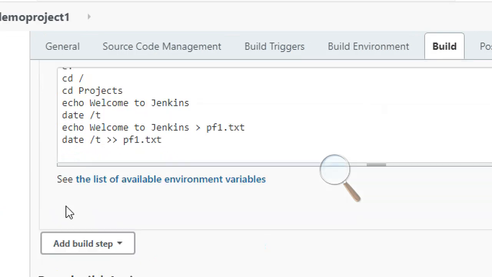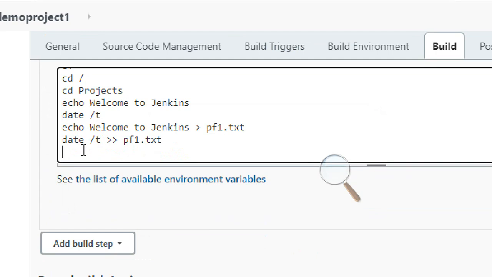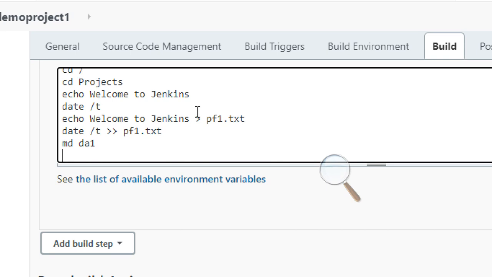Build, here I'm creating md da1, anything, some da1 directory, and copy pf1.txt into the da1 directory.